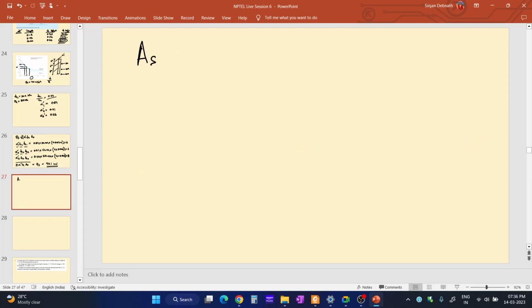We know that this is the skin friction resistance. Like we used to write earlier, it is AS into FS. FS is the unit skin friction resistance and AS is the surface area of the pile. So AS into FS, for cohesive soil, we can write like this: AS into alpha into C dash, where alpha is the adhesion factor and C dash is the cohesion along the length of the pile. So this FS,